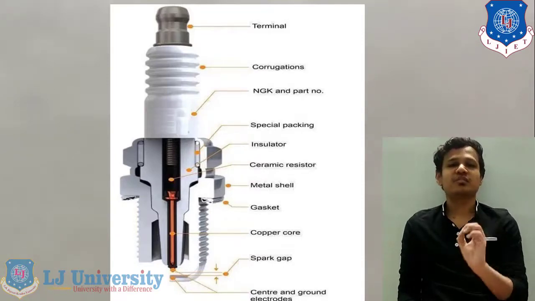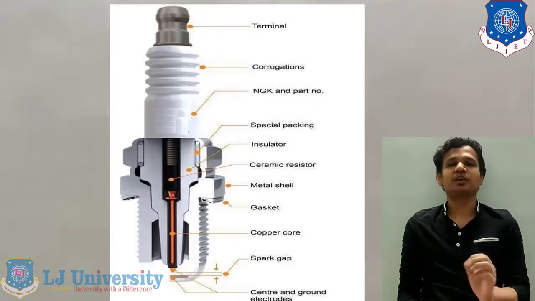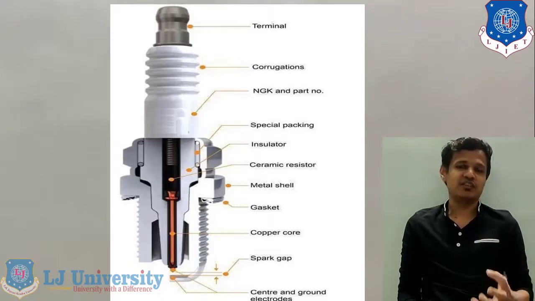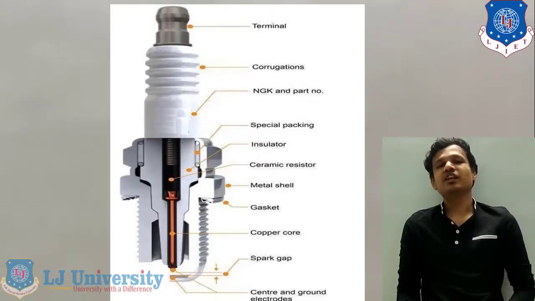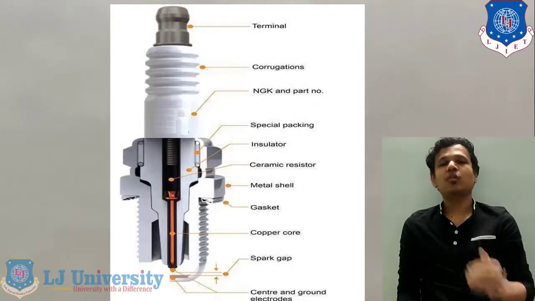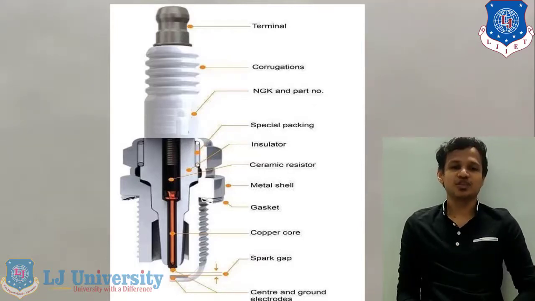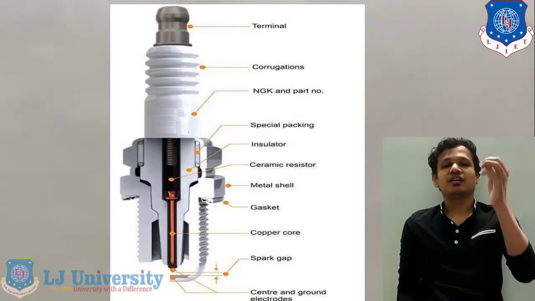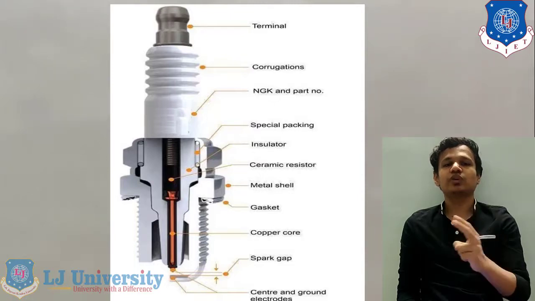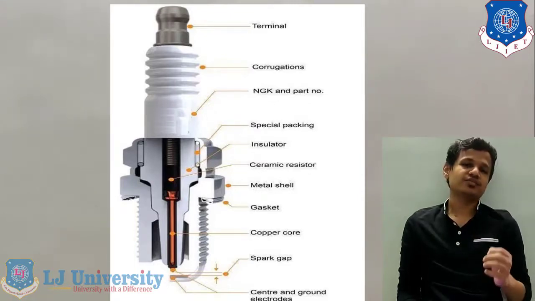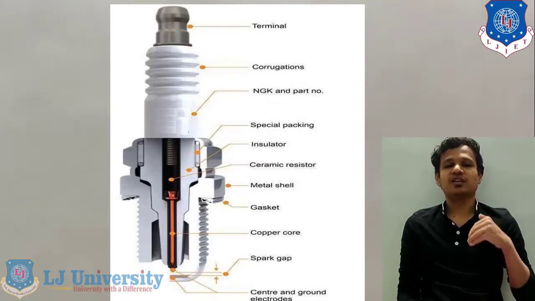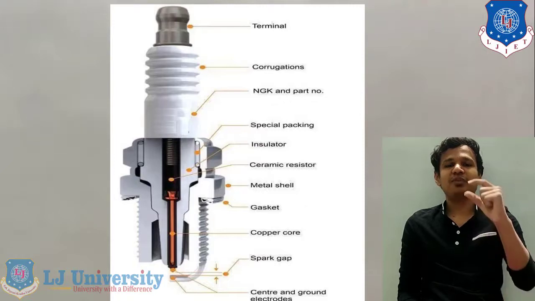Now here is one simple example of the spark plug that we generally use in case of the two-wheelers or four-wheelers as well. Whenever we are talking about the petrol engine, we are using the spark plug. The main components of the spark plug are two electrodes. One is the central electrode and the second one is the ground electrode, right? Two electrodes are given in case of the spark plugs. The spark plug is covered with the help of the core. Also, the gap is provided between those two electrodes.